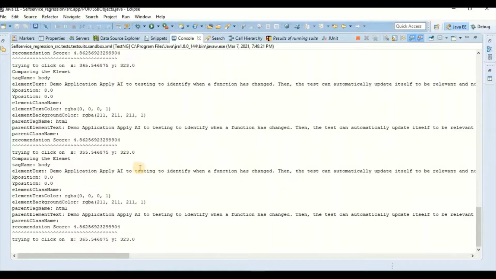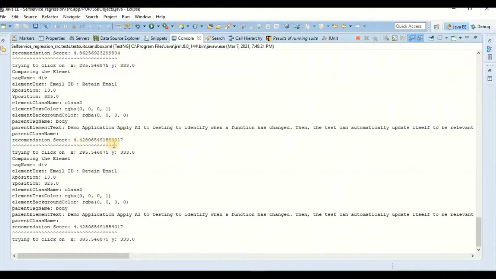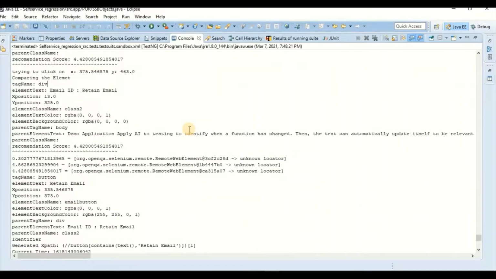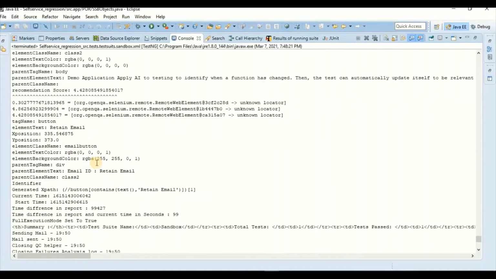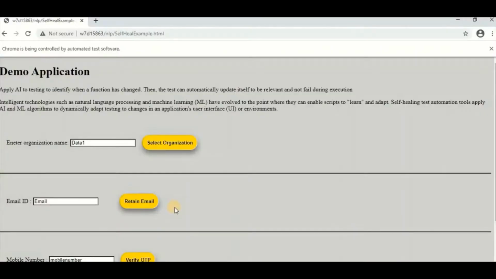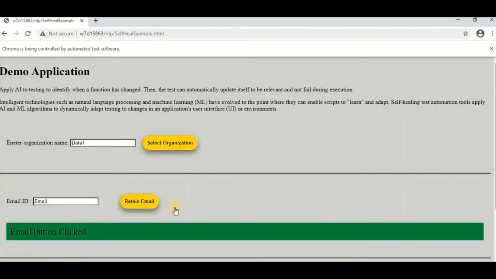The self-healing solution activated automatically and it starts searching for elements which are closely matching with the features. This solution selects the element which is closely matching with the features and it generates a new element selector automatically. The test completed successfully. The element change is not impacting the test execution. This solution would save a lot of effort for the team.